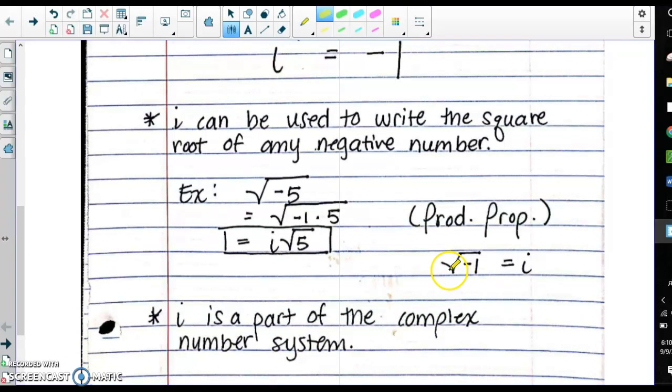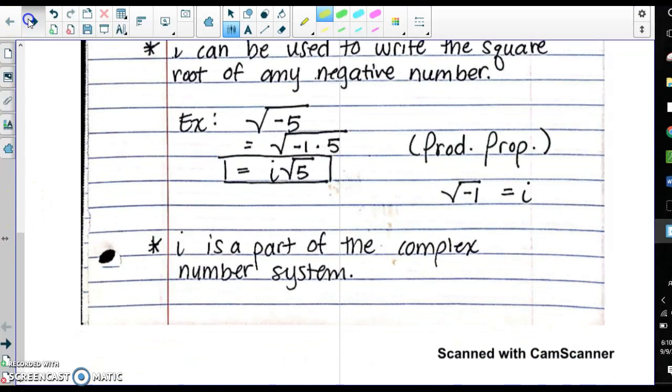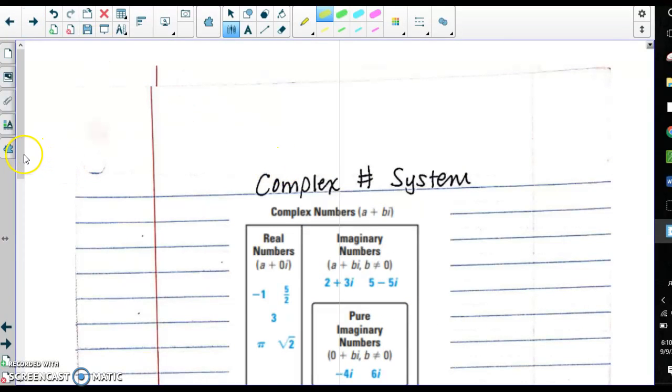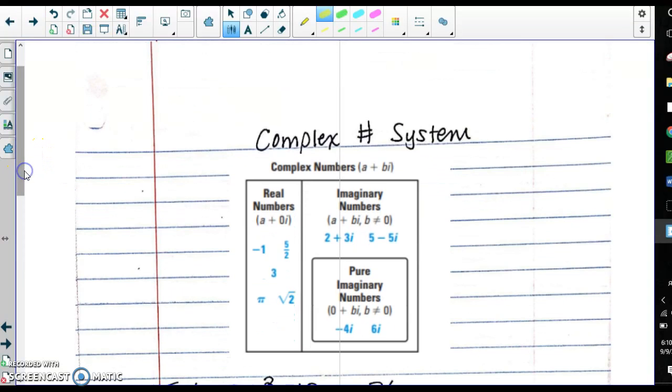i is part of the complex number system, and I'm going to show you that on the next page. The complex number system involves all real numbers and imaginary numbers. So you can see here you have all the real numbers. You have integers, you have rational numbers, whole numbers, you have irrational numbers, and then you have the imaginary number